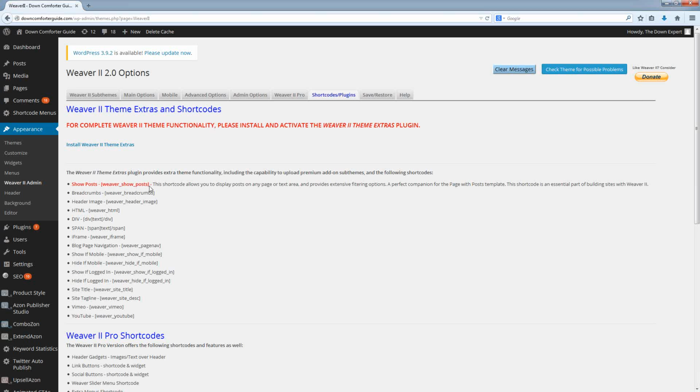Well, this Weaver Show Post shortcode is something that you can use on a page that you want to show a listing of the post, except this shortcode allows you to customize the display and the output of that actual information. So instead of having to rely on the way WordPress wants to spit it out, you can actually customize